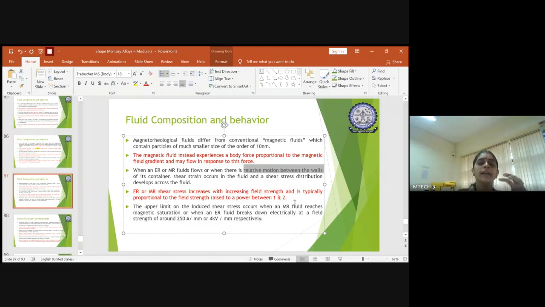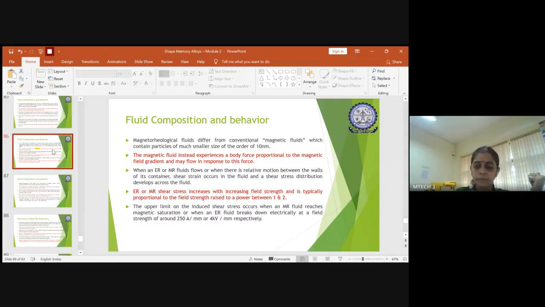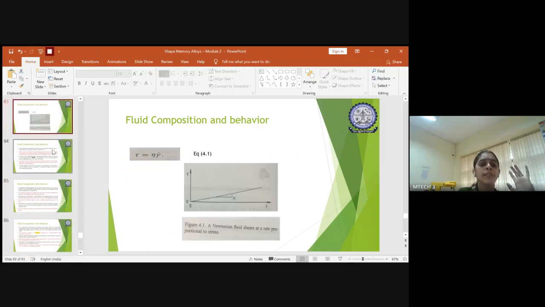The only thing you need to understand is that the shear stress always increases with respect to the value of the external field you are subjecting. If you provide a high electrical field, it results in a high shear stress value for your ER fluid. So the output varies depending on the input. This is just a small example with the value of current needed to get the required response, but it is a very important topic that we discussed today.